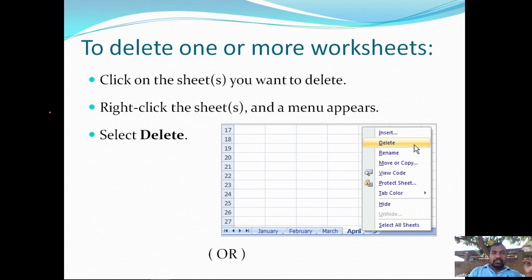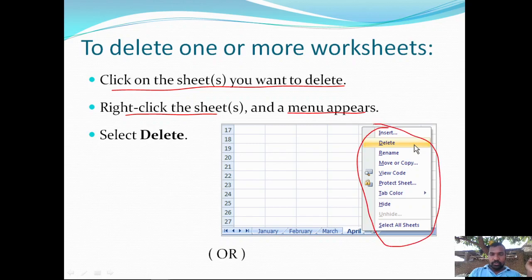So to delete one or more worksheets, this is the procedure we need to follow. Click on the sheet or sheets you want to delete. Then right click on the sheet and a menu will appear. In that menu, choose the command Delete. Then that particular worksheet is going to be deleted from the workbook.